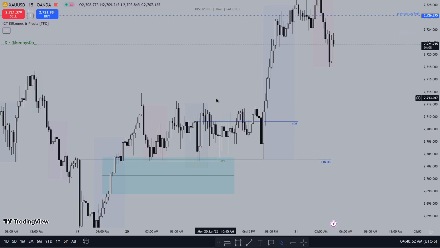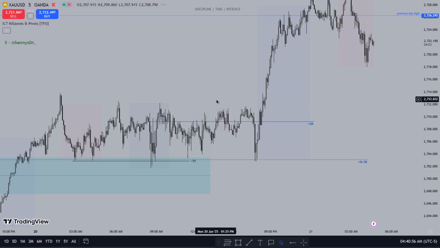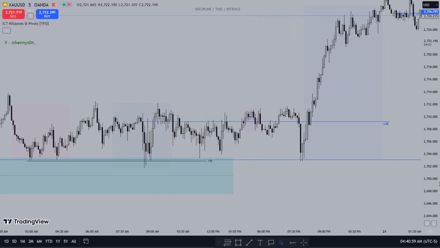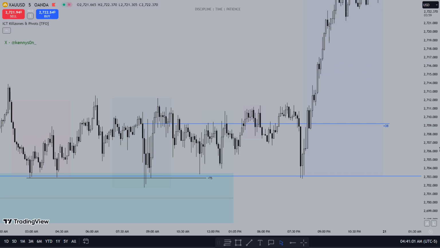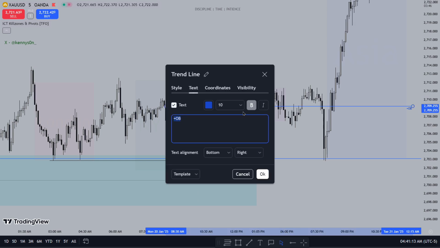Let's go down to the 5-minute so we can see much cleaner price action. I put on this indicator because it's very significant on marking important highs and lows, and just seeing what happened during sessions. So this is the 15-minute change in state of delivery or order block. Let me just highlight that.